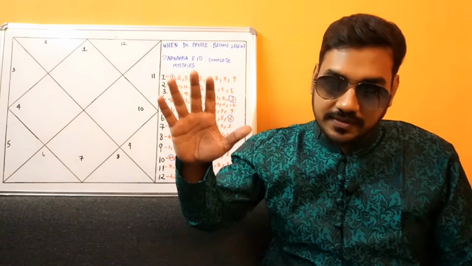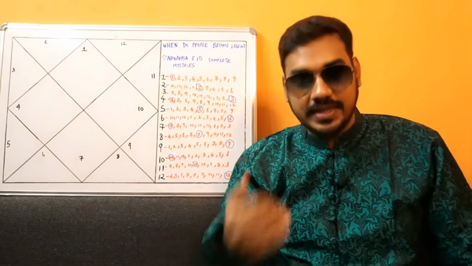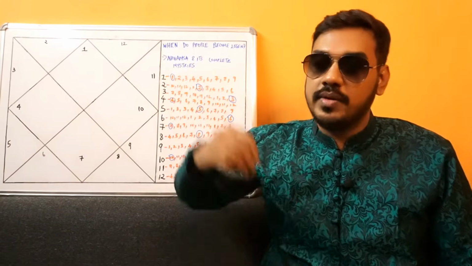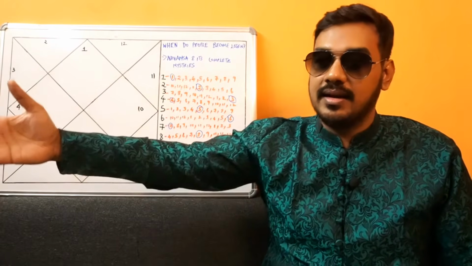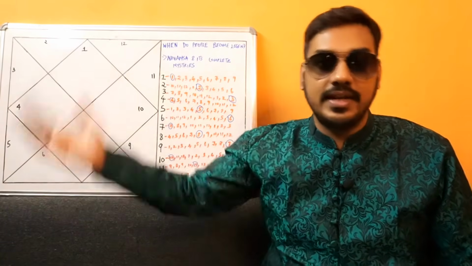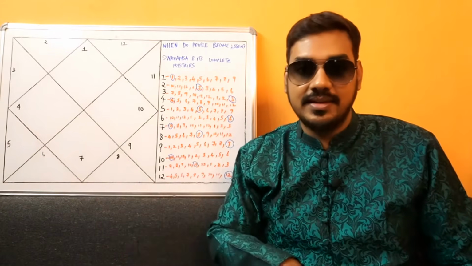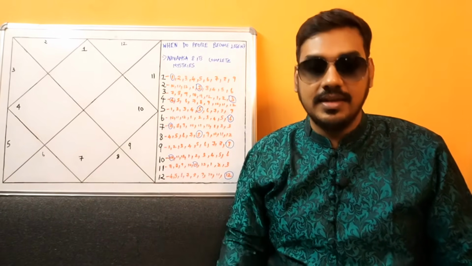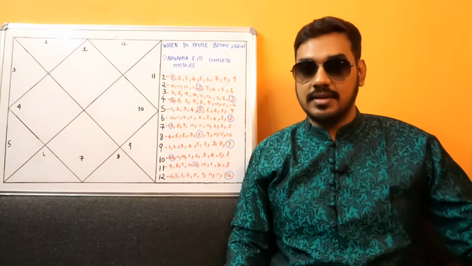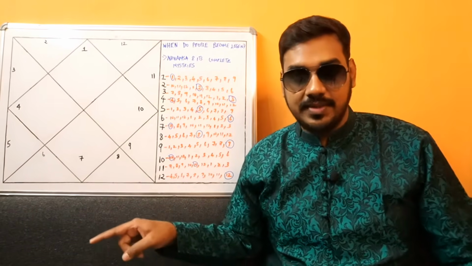This person will suffer from confidence issues internally. It doesn't matter how much the person is portraying outside that they are a very confident person, because Sun is debilitated in the Navamsa, his internal fundamentals are weak, guys. Similarly, let's say Jupiter is exalted in the Lagna chart, but Jupiter is debilitated in the Navamsa.